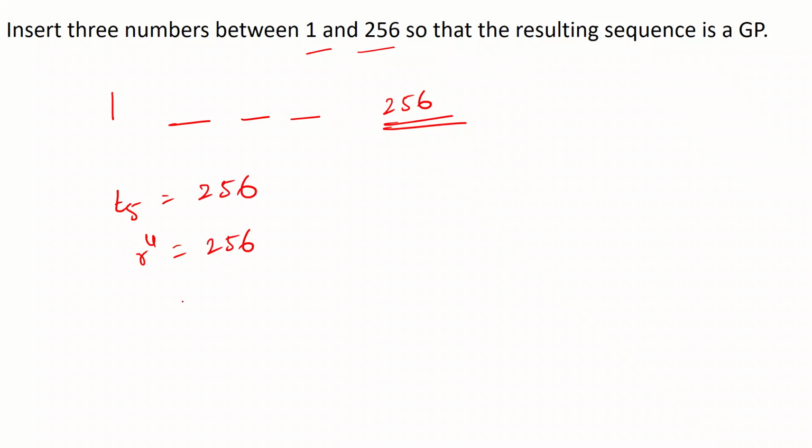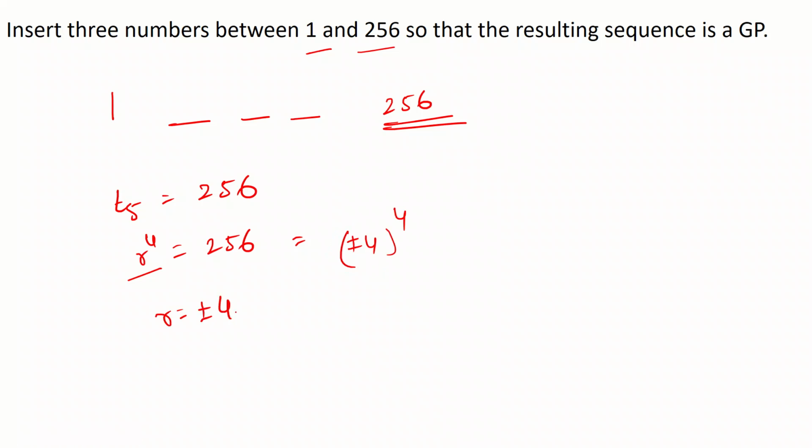So r to the power of 4 is 256, and I can write 256 as 16 squared, and 16 is 4 squared. So I can write this as 4 to the power of 4. So r to the power of 4 is 4 to the power of 4, or actually it's minus 4 whole to the power of 4, plus or minus anything that you want. So I get r is equal to plus or minus 4. So my r can be either positive or negative, because in any of those circumstances, raising it to the power 4 will give me 256.